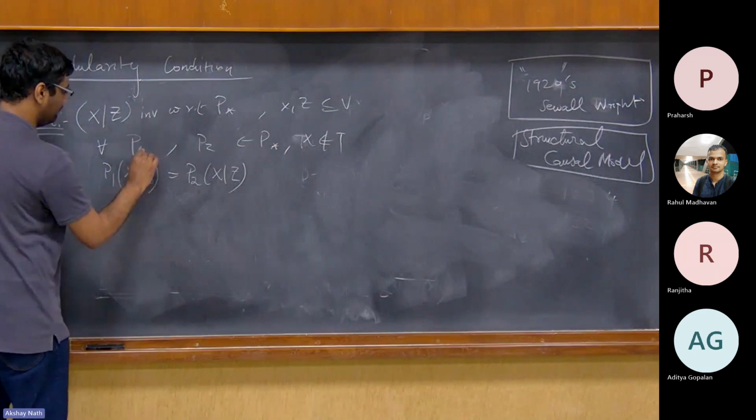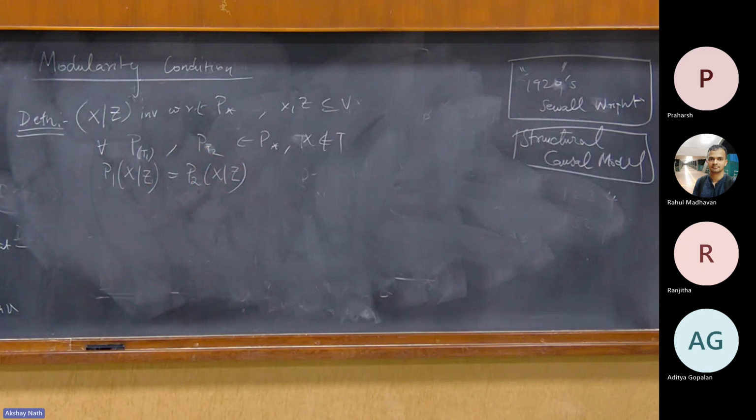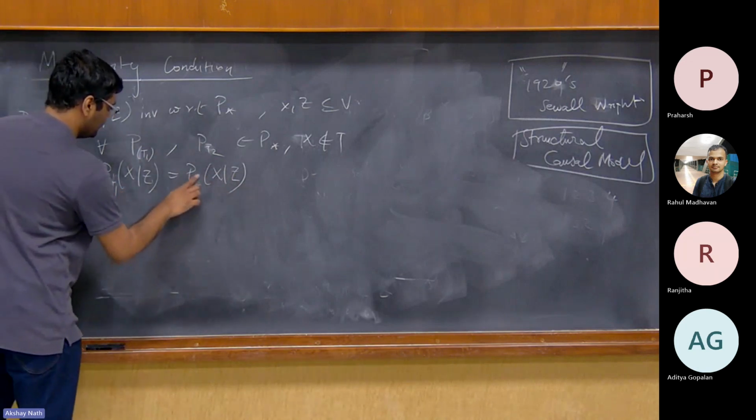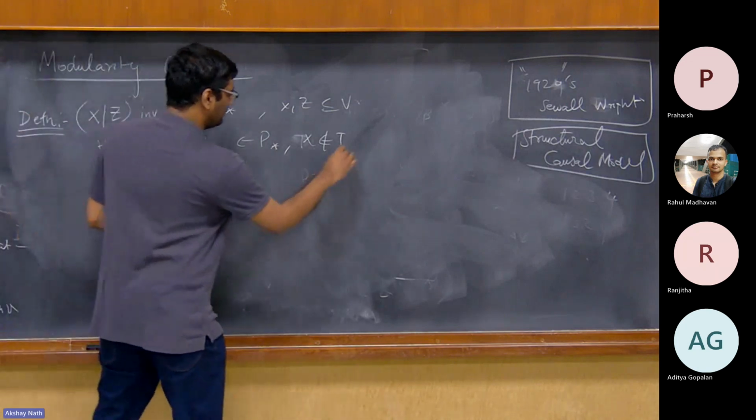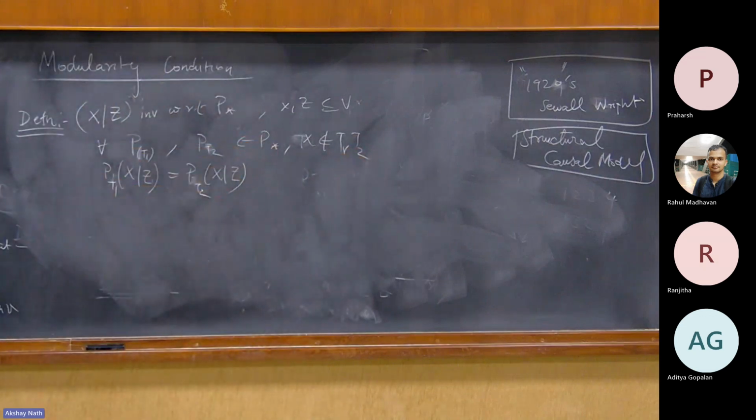Yeah, I mean this is P of P1. This is P of P2 because I have parameterized by P star with respect to all subsets T. So it's implied, but if you wanted to be very explicit, I'll just write it as P1 and P2. And I want to make sure that X does not belong to either of those. Yes. Then X given Z is said to be invariant. This relationship is said to be invariant. That's all I have defined. So, definition.